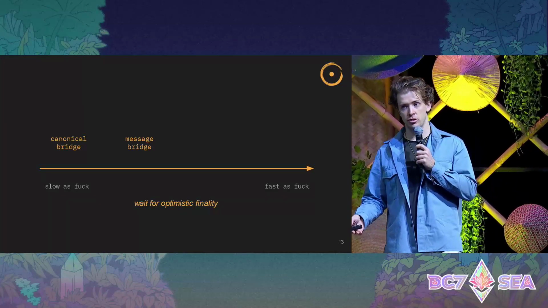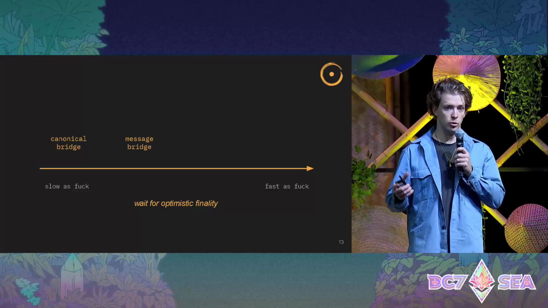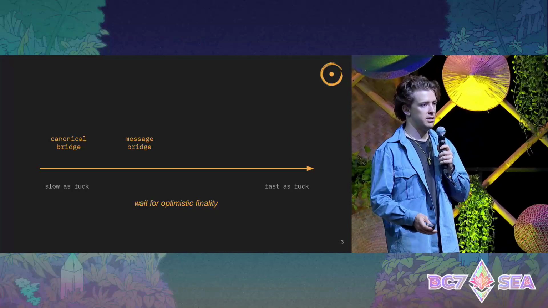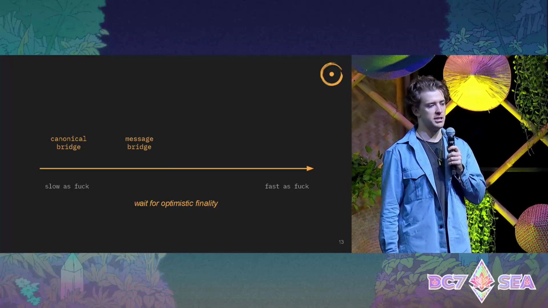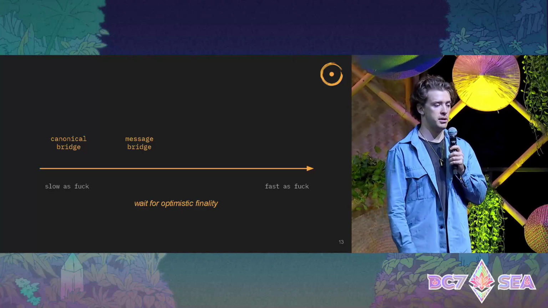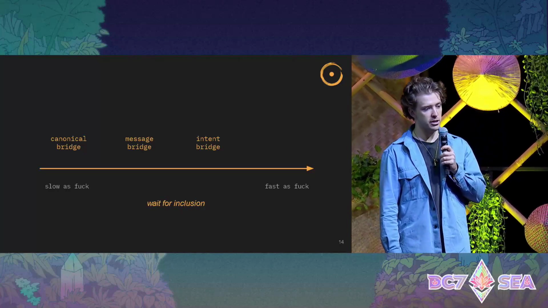So for an L2 deposit, usually you'll just wait for a single rollup blob to be posted to the chain, and the exchange considers that to be final enough to be secure. But you still have to wait for this full rollup blob to be put in. So how do we go faster?